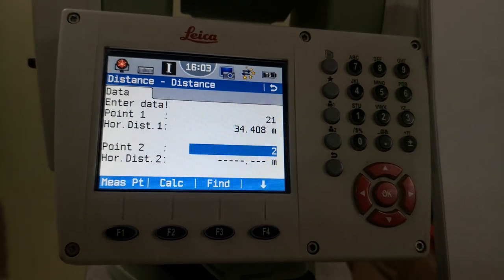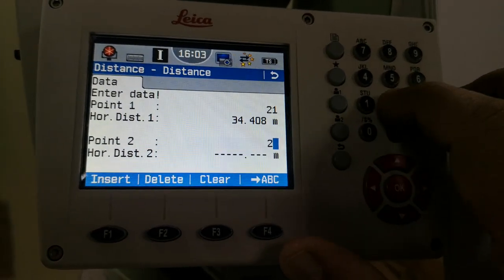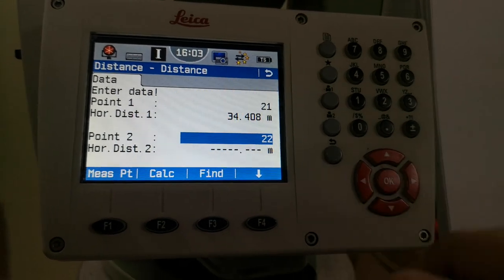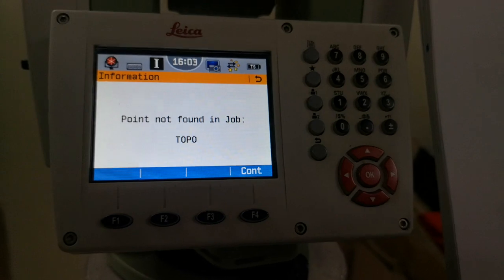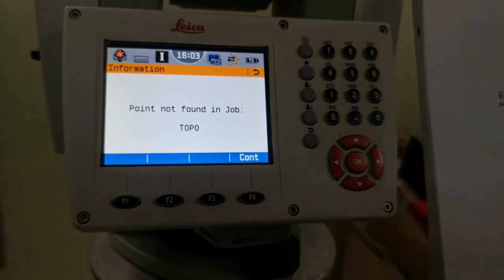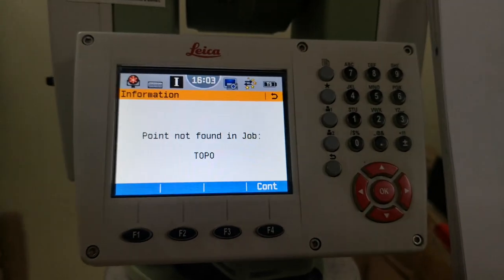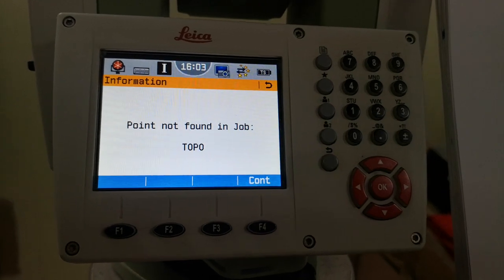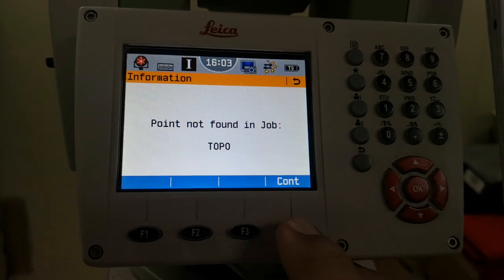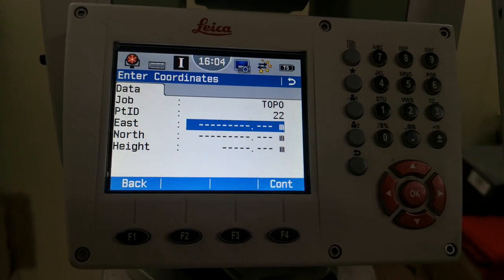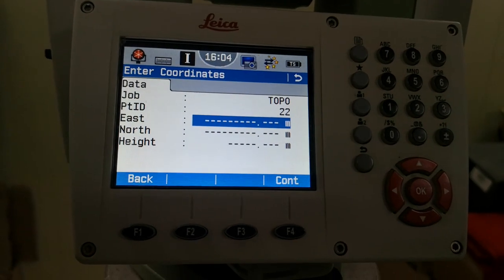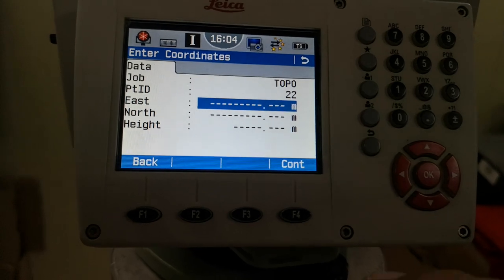I give the ID for the second point as 22, press OK and then press F3 for find. I did not find it because this is not an existing point, so I need to add the value of this point. I press F4 to continue, again F4 for E and H, which means east, north and height value. So I'm giving the east value.